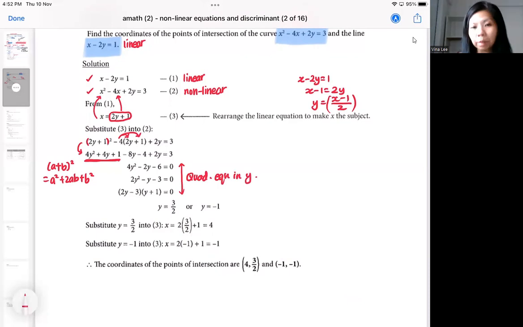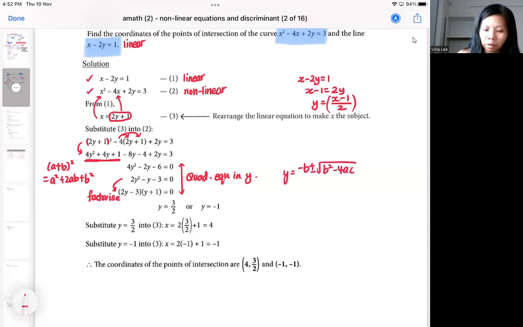So your quadratic equation is in Y. The method is still your Sec 2 factorization method, or it can be your quadratic formula. Your quadratic formula can also be applied here because it's still a quadratic format, except that it's not a quadratic in X, it's actually a quadratic in Y. So you got two possible answers for Y,